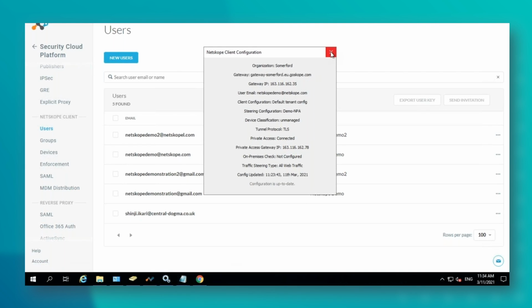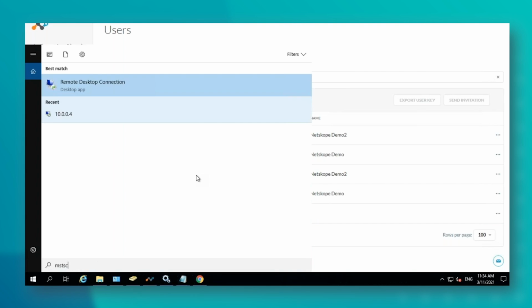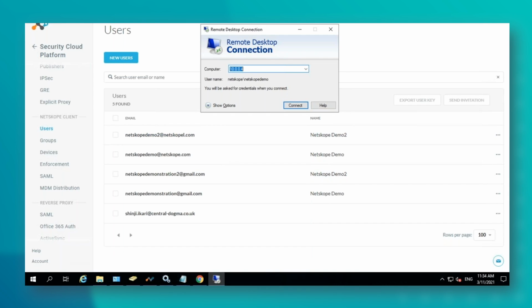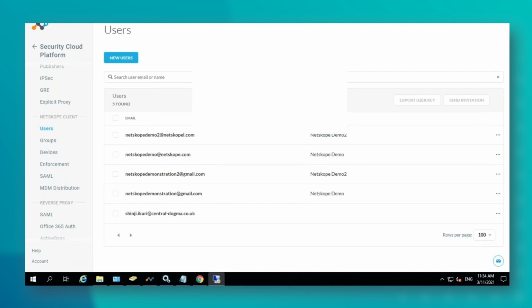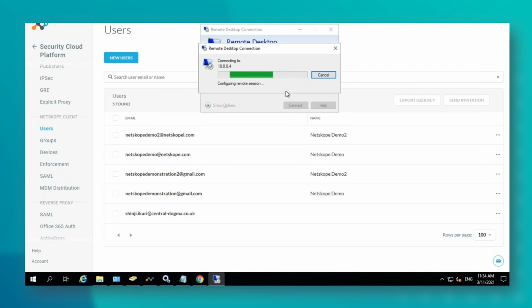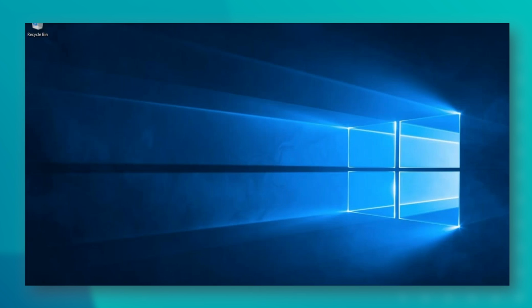So we're now going to take a look at, on the subject of the private applications, let's do a quick RDP. So I'm just going to connect to a device. This is my domain controller. Now, sometimes when I do an RDP within an RDP, it doesn't show up, but we don't really need it to. You should see local session manager. It may be quite slow. It's quite a small Azure instance that I'm using here.